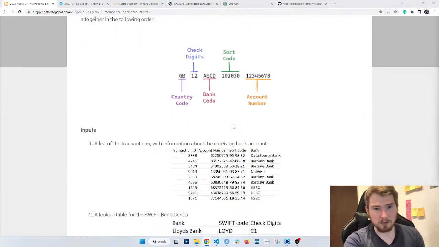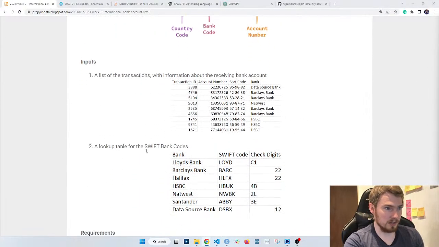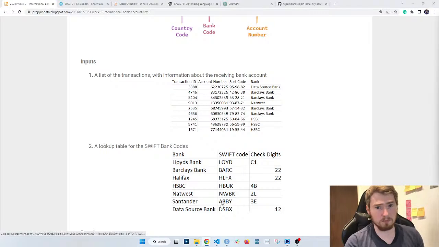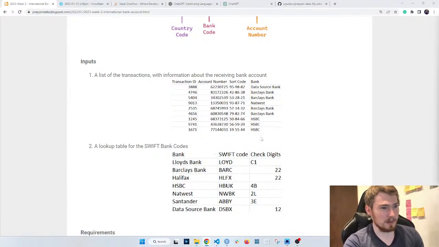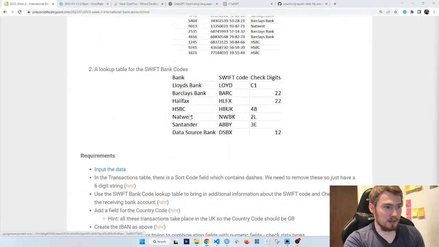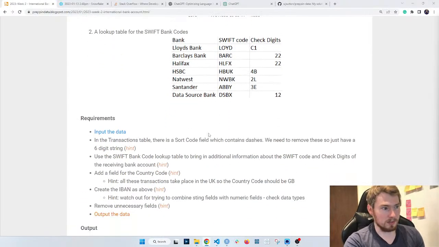So for this week's task, we have two data sets. Last week we only had one, now we've got two. So we're probably going to need to join these up at some stage. And as usual, a list of requirements for what to do. Okay, so first up, I'm going to start tackling this challenge in Python, and we'll see how that goes.